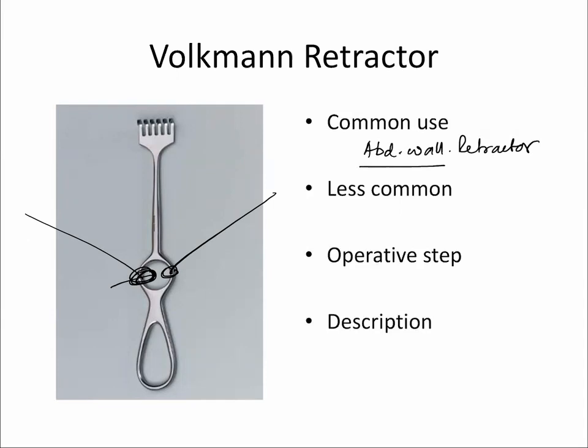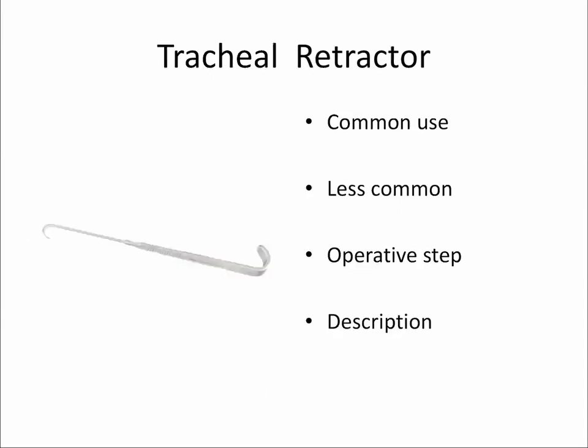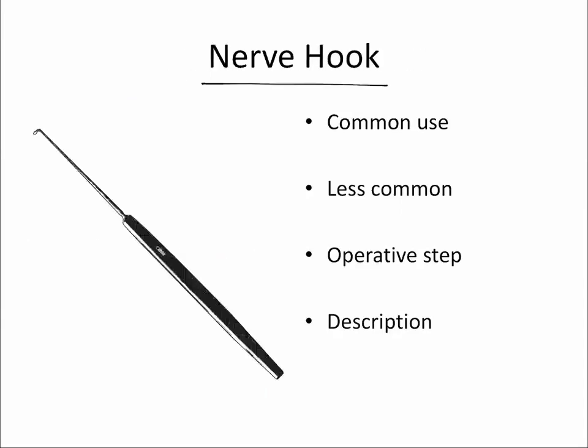Tracheal retractors again look like a single hook. Nerve hook is a postgraduate instrument. Can you name me one operation that you have read in general surgery that will require you to use this nerve hook? Wow, very good. Really like your answer, sir. Should be getting good marks. It's a lumbar sympathectomy. Any operation in the hand in a hypothyroid patient? Median nerve. What is that operation? Carpal tunnel syndrome. Remember that.